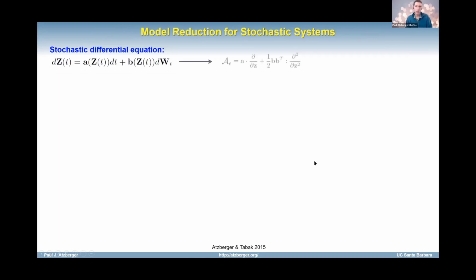It turns out that there's always a PDE that goes along with your stochastic differential equation. Maybe the obvious one that you're familiar with is the Fokker-Planck equation, and that's great. That governs the probability distribution. But there's also another PDE that's really useful, and it turns out to be the adjoint of the operator that appears in the Fokker-Planck equation, and that is this thing called the infinitesimal generator.